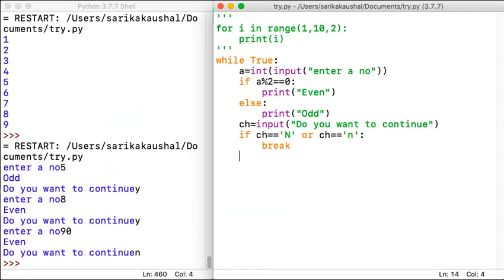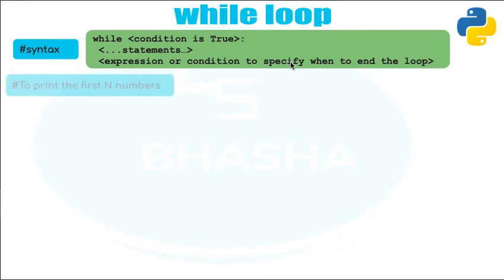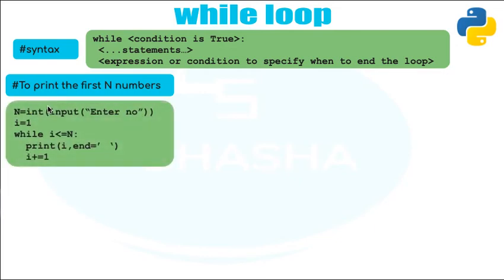So if we quickly revise the while loop, the syntax is: while the given condition is true, the statements inside it will keep on getting executed, but you must specify the condition to stop, otherwise it will land up in a situation where the loop will be an infinite loop. Let's take an example to print the first n numbers. Take the starting number. How many numbers do you want? n numbers, because you want to include n. Print and keep on incrementing it by 1. So you will get the answer 1, 2, 3, 4, 5.